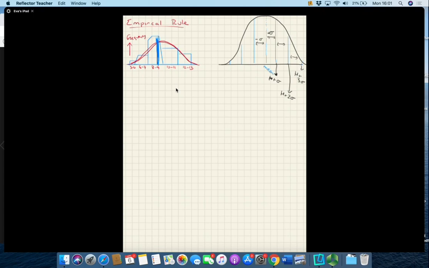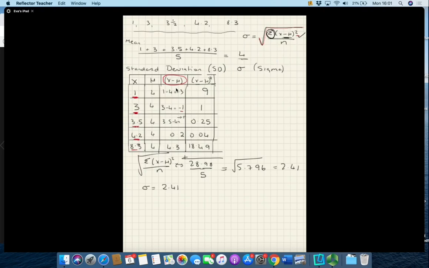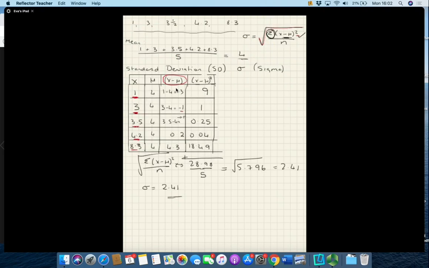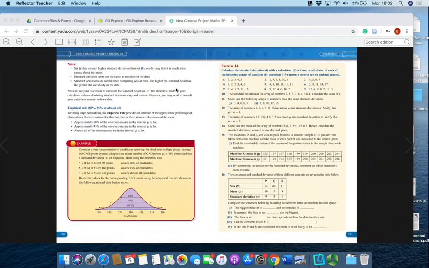Okay, there's my mean mu in the middle. The location of this one here is mean minus a standard deviation. This one here is mean minus 2 standard deviations, and this one here is mean minus 3 standard deviations. So whatever value you got for your standard deviation, in our case it was 2.41, you take the mean value, whatever it is for your data, it was 4 in our case, and we're going up 2.41 every time. So for this example that we did on the previous page,